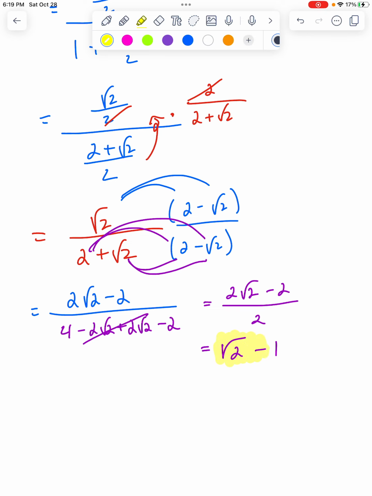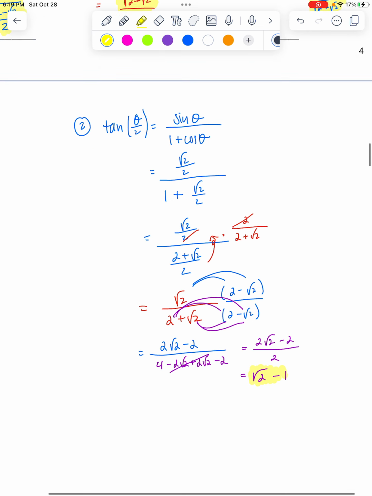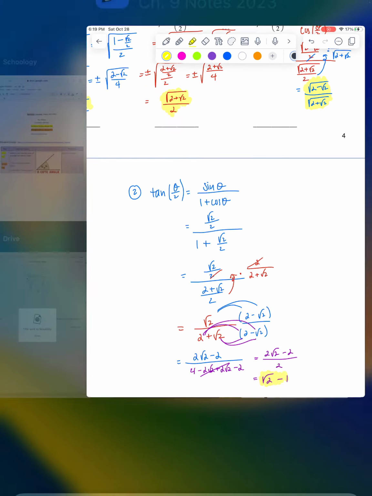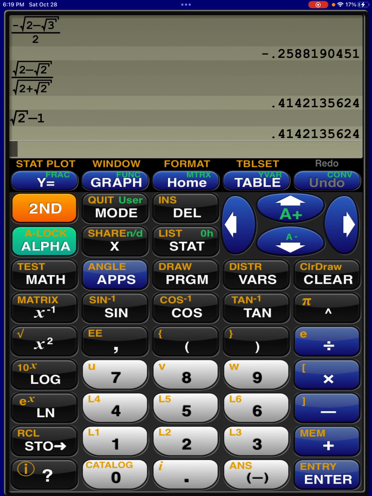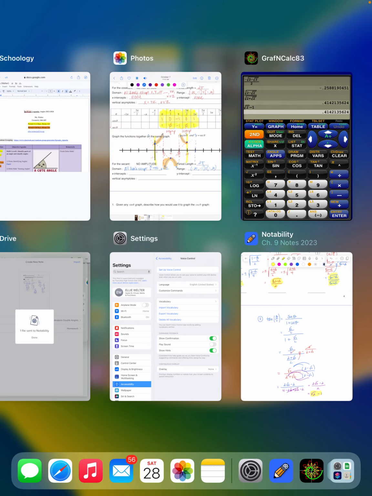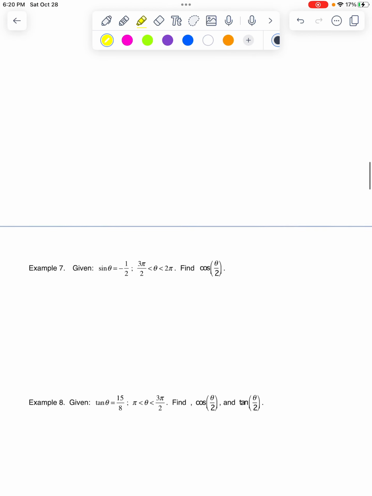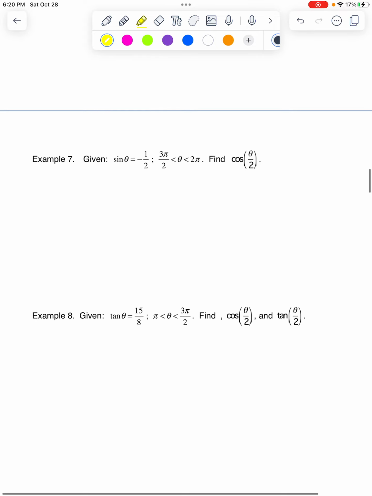Now if I were to plug both of these answers for tangent into my calculator, we should get the exact same thing. I already did that, and we can see that both of these answers give us 0.414. And we're done. All right, so let's move on to example 7. It says, given that sine of theta is equal to a negative 1